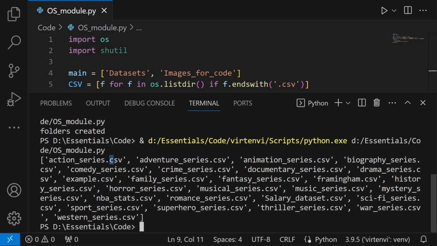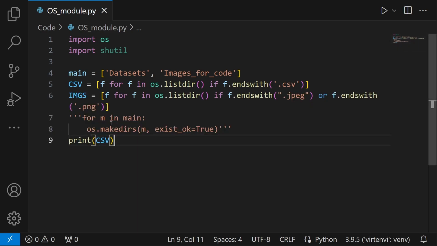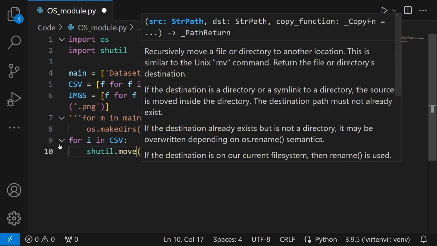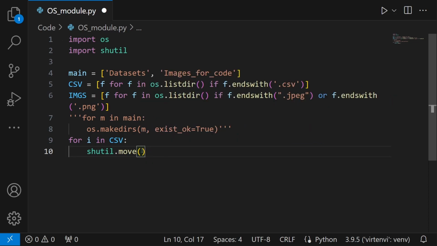So print CSV, let's just run that. And we see that we only have CSV files in here. So the list contains only CSV files. And now we're going to loop through this one by one by using for i in CSV, and then we use the shutil.move function. As I told you, we'll only be using this for this one functionality,